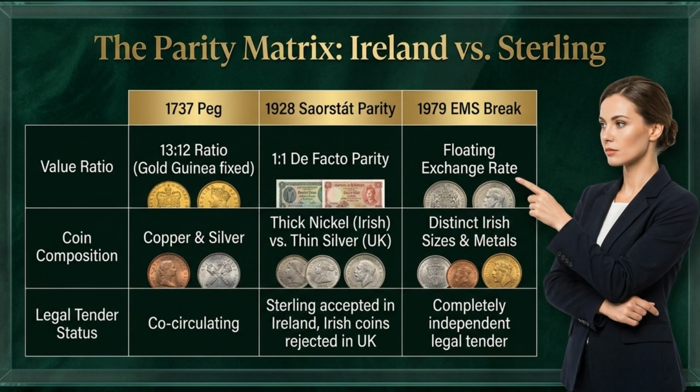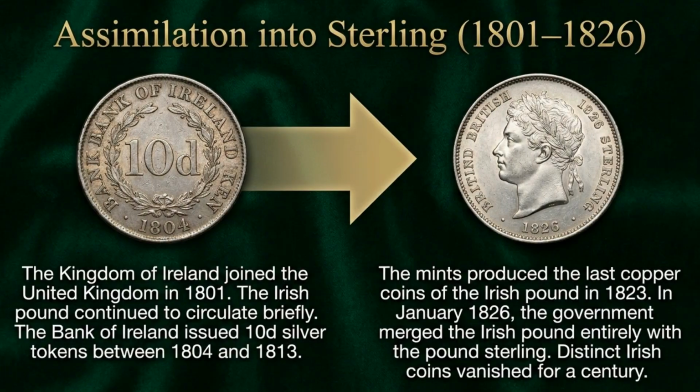The relationship between the Irish pound and sterling evolved through several pegs and breaks. Key events include the 1737 peg, the 1928 Sauerstadt parity, and the 1979 EMS break, leading to a completely independent legal tender status. The Kingdom of Ireland joined the United Kingdom in 1801. By January 1826, the Irish pound was merged entirely with the pound sterling, and distinct Irish coins vanished for a